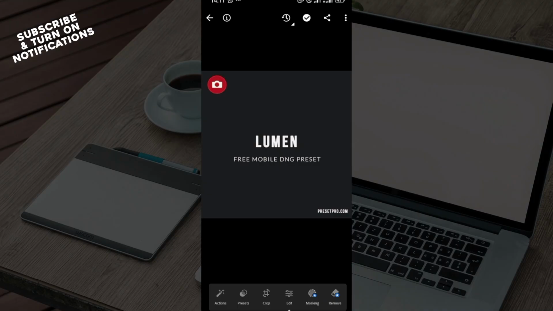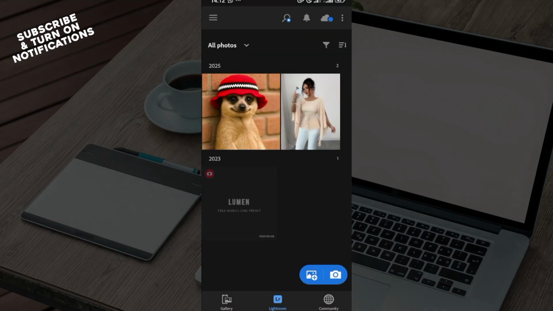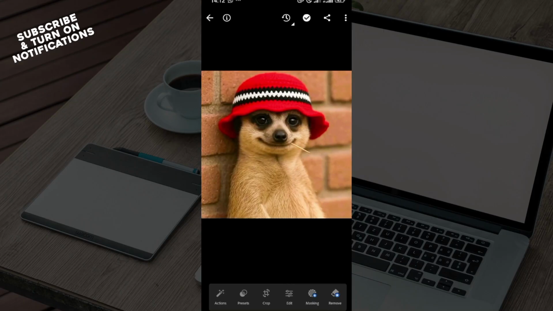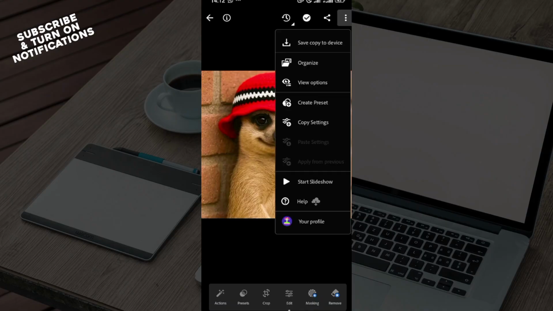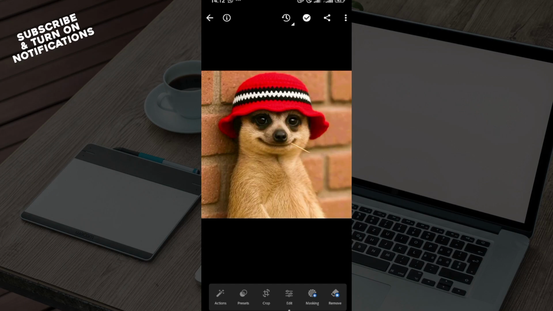Then another option is if you want to add preset while editing a photo. So select the photo that you would like to edit, and then once you're in the editing page, move to the top right corner again, click the three dot icon, and then once you've done that, you'll see different options as well, which includes save, copy to device, organize, view options, create preset, etc. For this one, we are not creating a preset, so move to the bottom part of the screen instead and